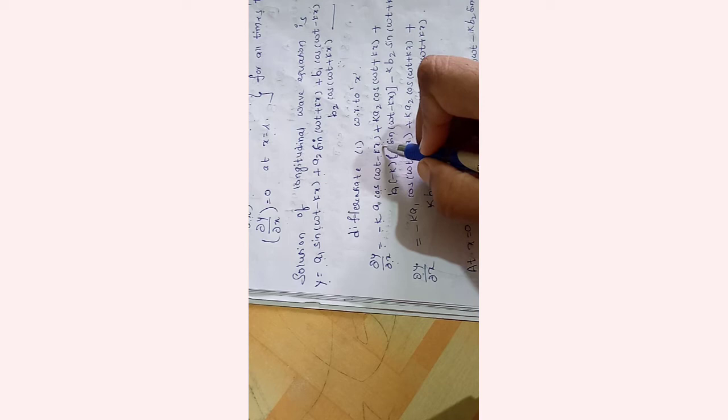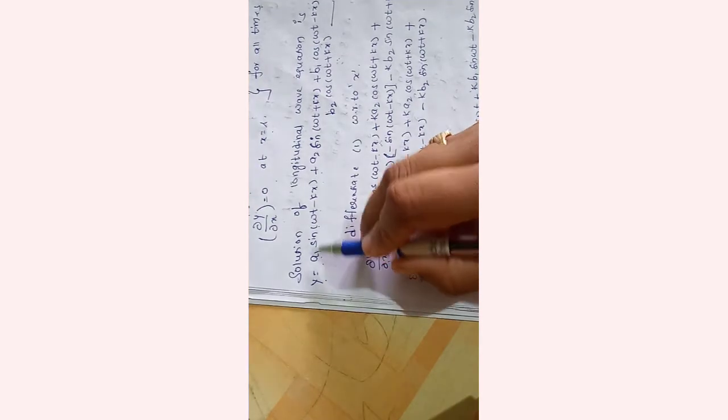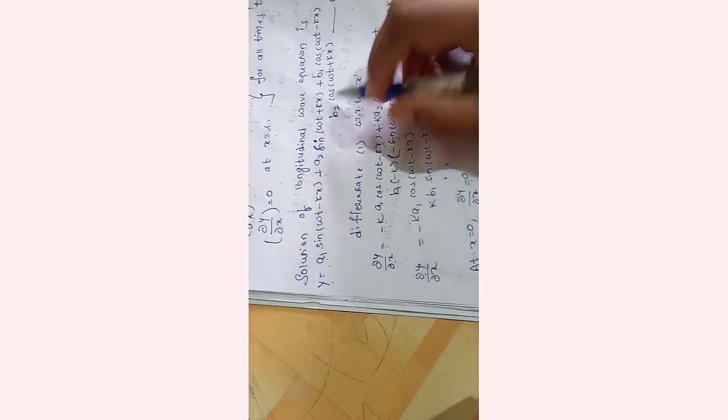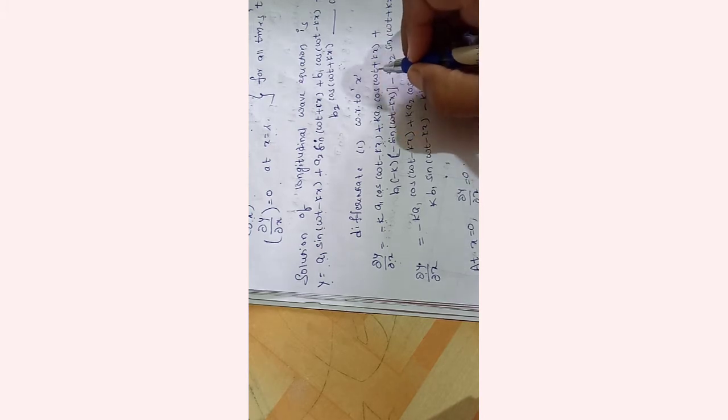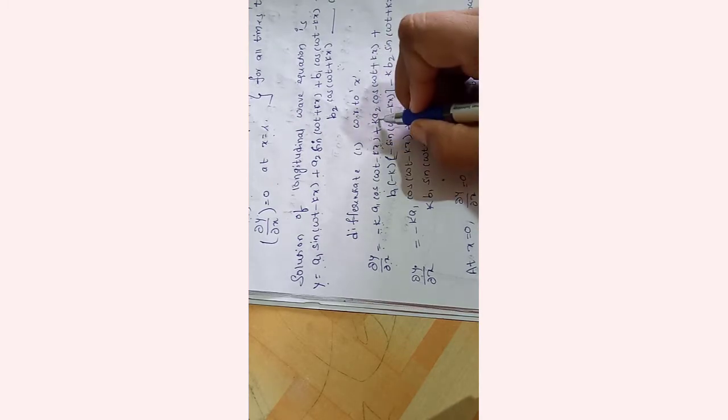Again the differentiation of minus kx is minus k. So the differentiation of a1 sin(omega t minus kx) is minus k a1 cos(omega t minus kx), plus again the differentiation of sin theta is cos theta, cos(omega t plus kx). Here in the place of theta we have omega t plus kx, and the differentiation of kx is as usual k,